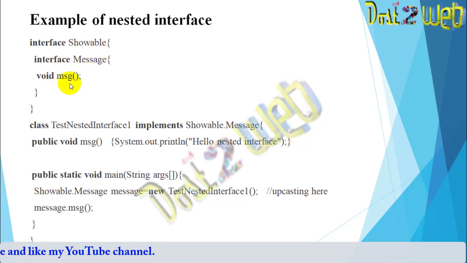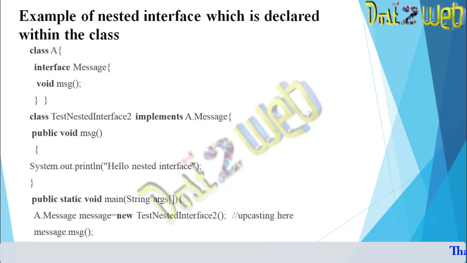I am going to access my msg, so you have to create the object. Same way, showable.message is equal to new, so you are doing upcasting here. Now when you want to access, message.msg will call this method. This is the example of a nested interface.